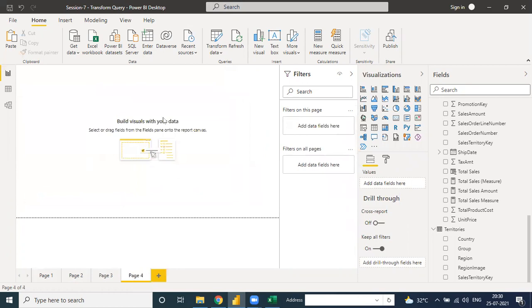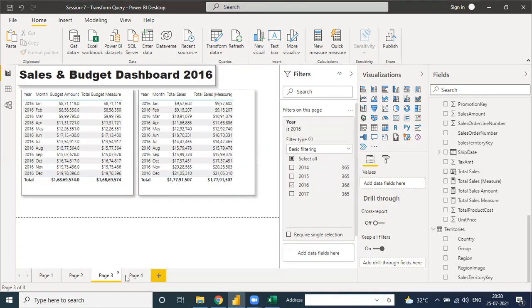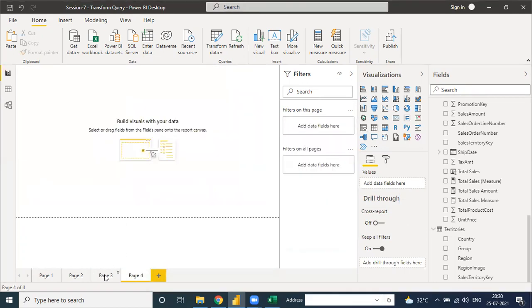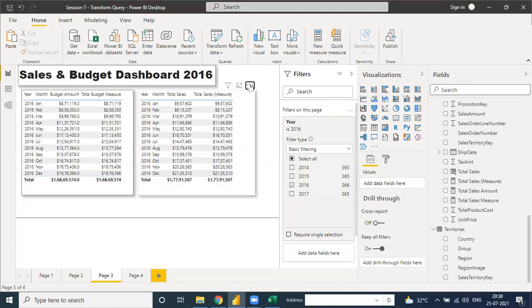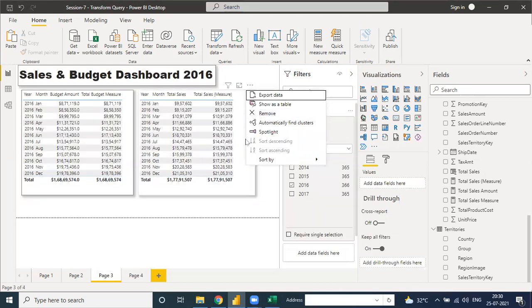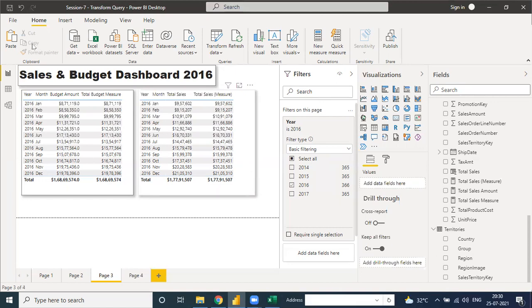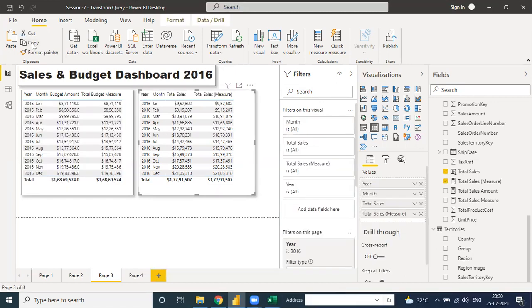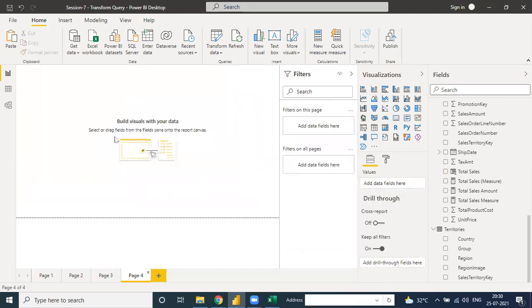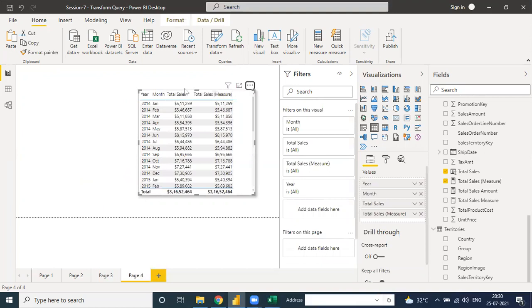Okay, so now I move to the next one. Now what do we create? We have to create two more measures, just simple, to complete the measures. Click, copy, page forward, paste and put it here.